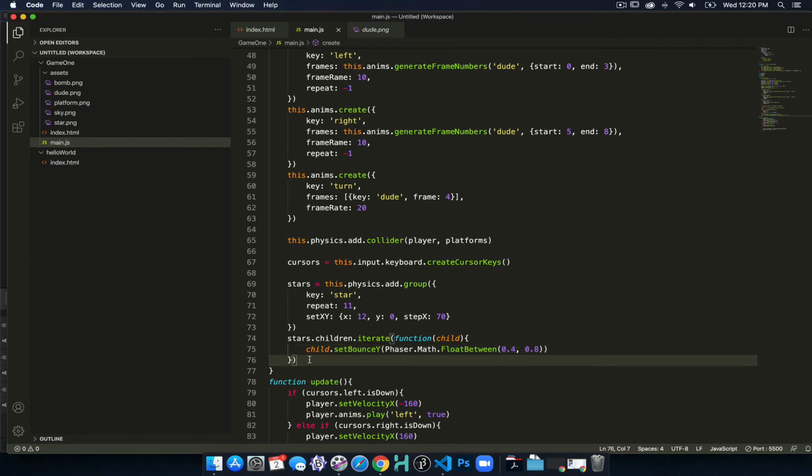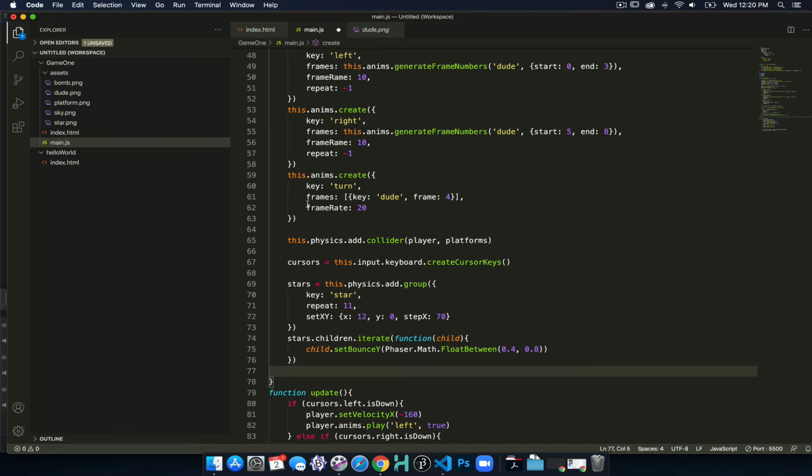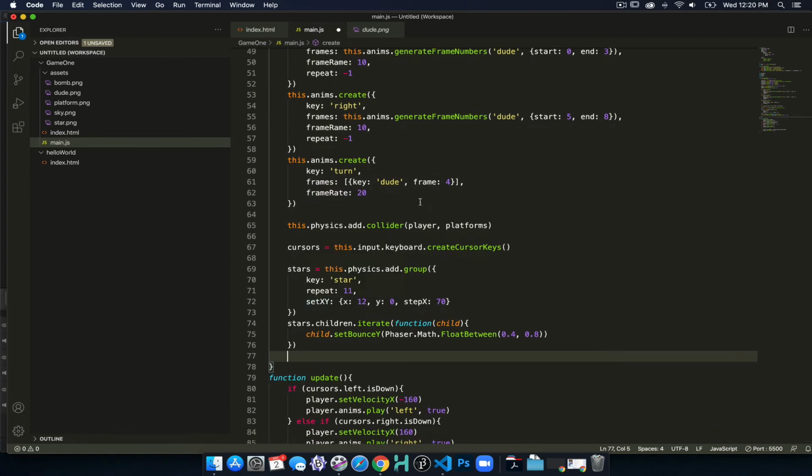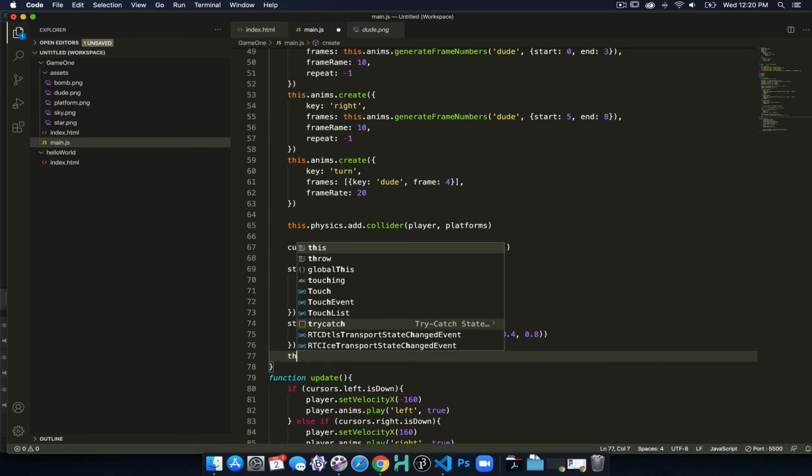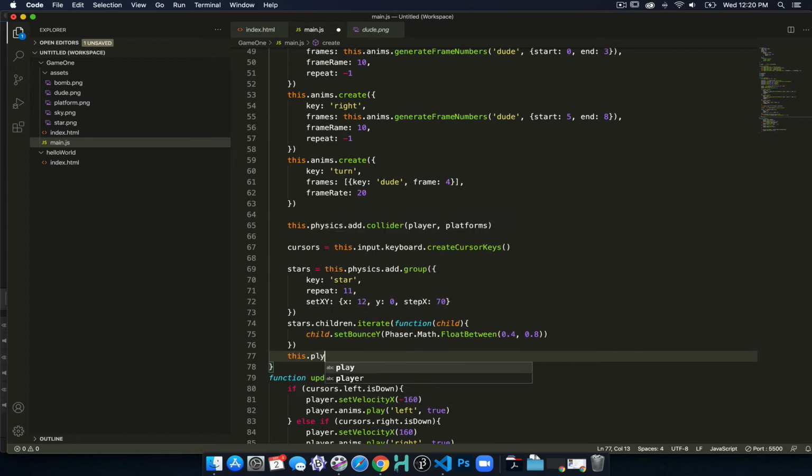So that's easy enough, because if we remember where we have now the player and the platforms are colliding, what we can also do is say this dot physics